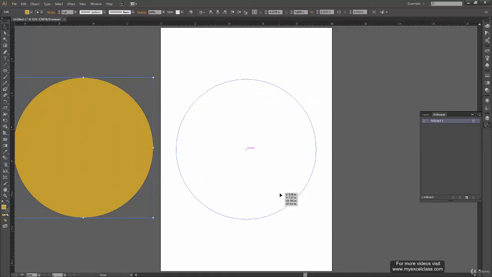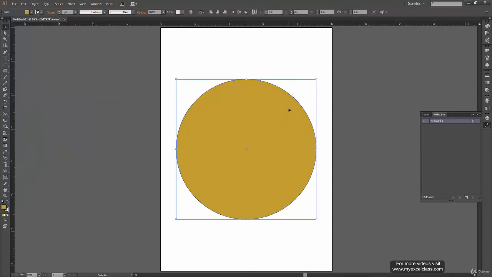Now again, when I want to create guide of it, I can just select the shape and I can create guide. To release it, I can select guide and release it. Now you would have imagined what will happen if I select the line guide and then click on release. So let's just explore that also.